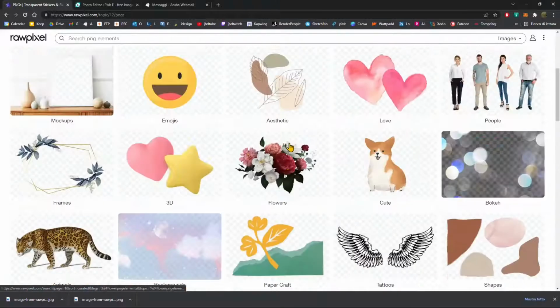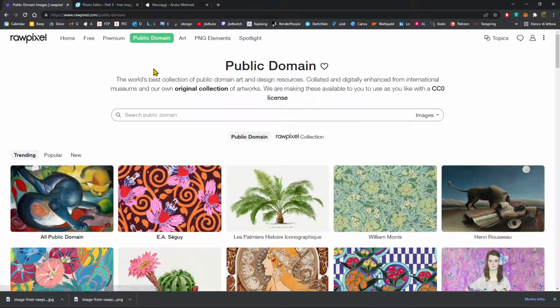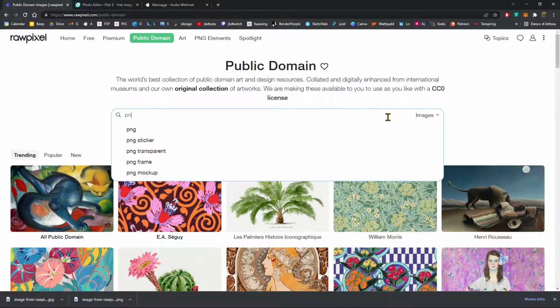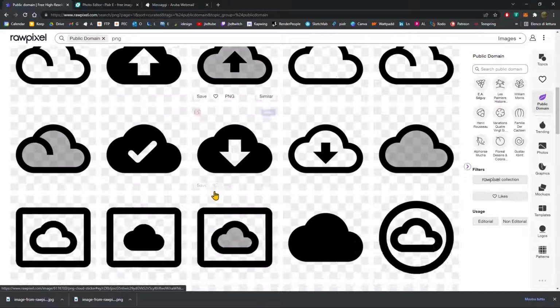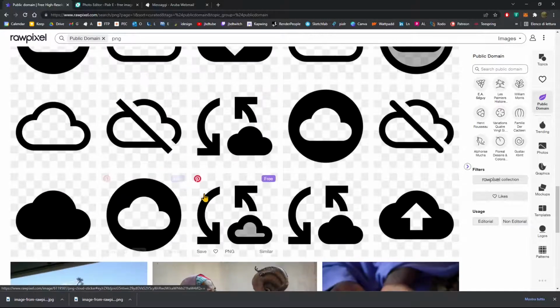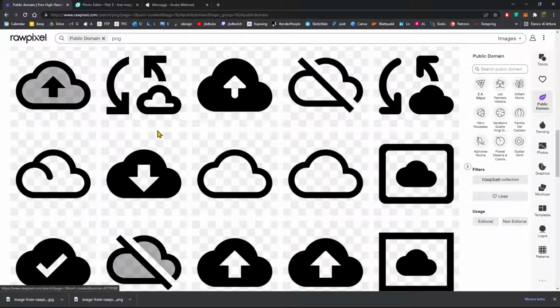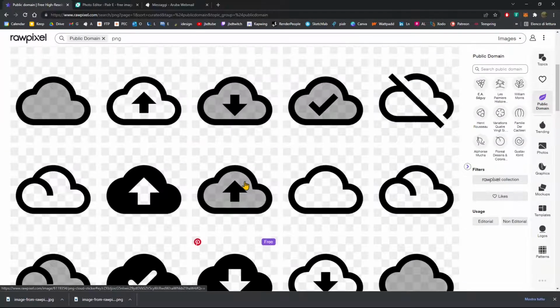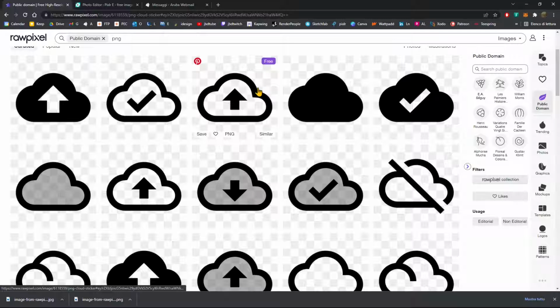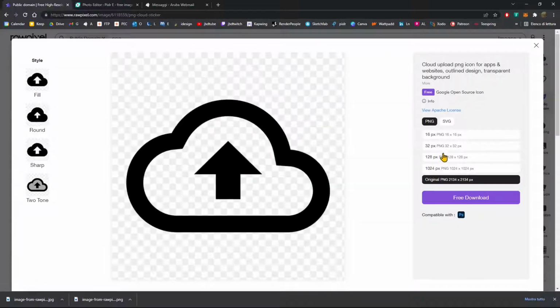So let me show you also here. If you go to public domain and search for PNG, you will find some free PNG images like this one here. So I will just take one of these just to show you that they don't have a background here. When you have this checkerboard, that represents the transparent background. So it has an alpha channel. So, well, let's select the